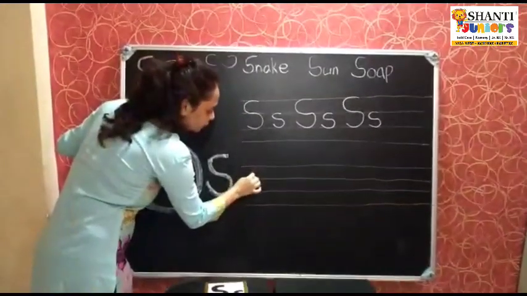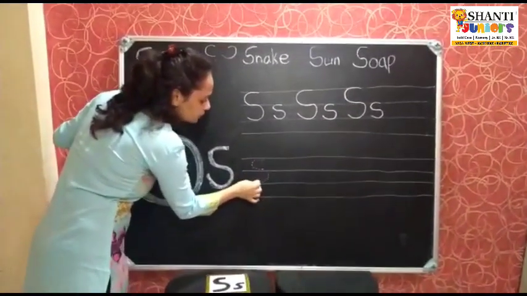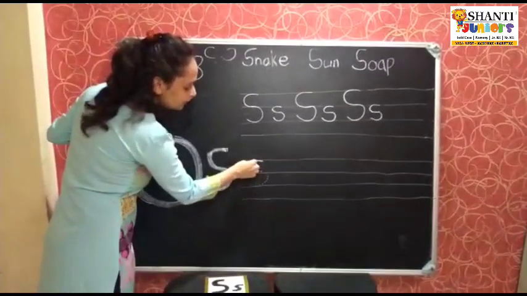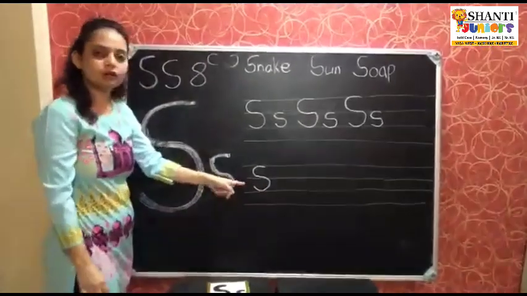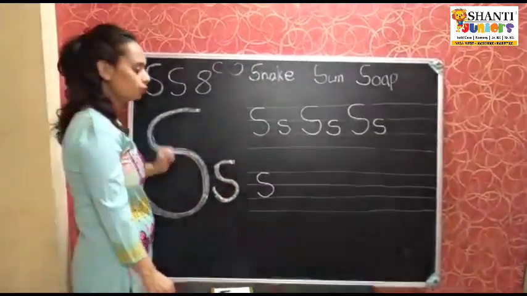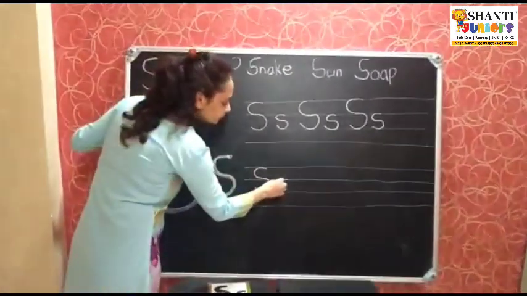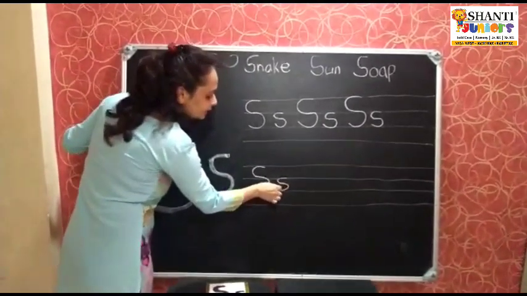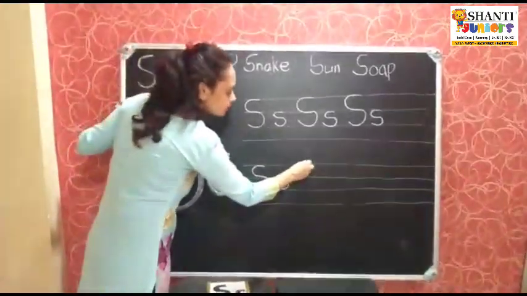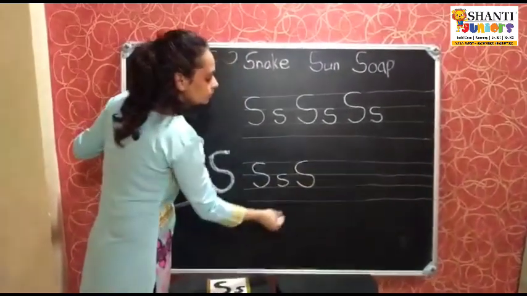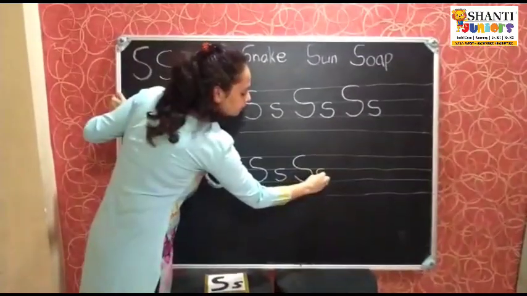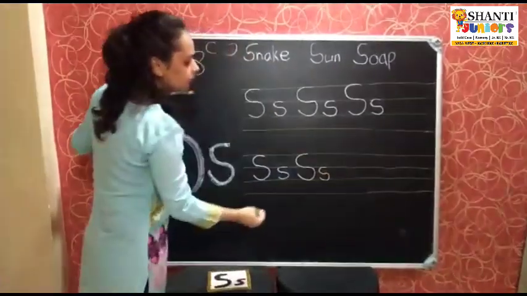If you are not able to do it, look, I am making the dots, and then you trace on the dots like this. Okay? Make dots like this and then trace over them afterwards, then you will be able to do it. S. Like this you have to do S. Curve and curve. Small curve and opposite small curve.